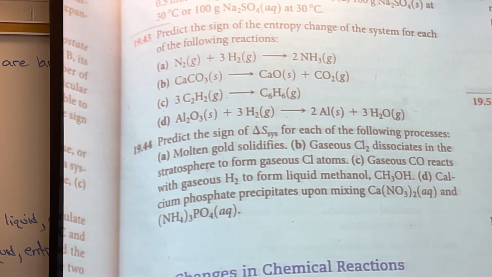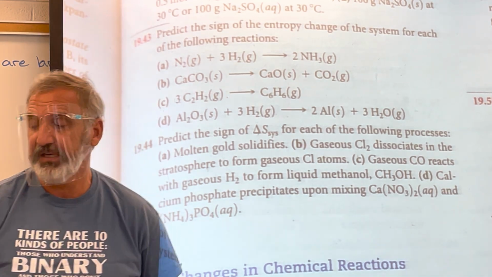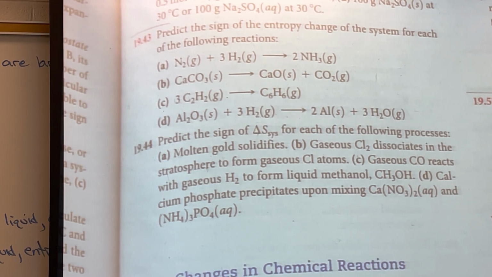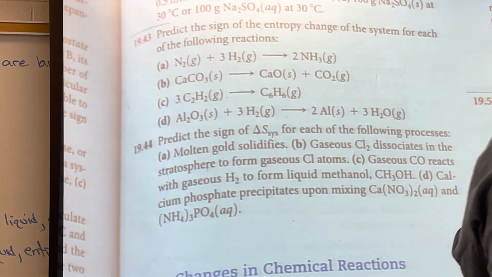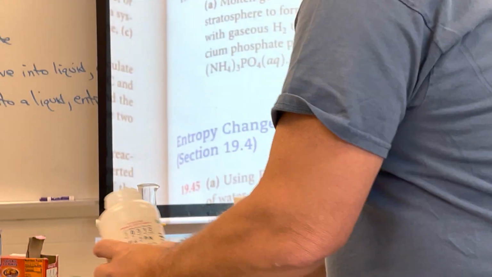All right, so we know that solids have lower entropy than liquids and gases. I know if I dissolve something, it's going to be an increase in entropy. So again, I just take some water, just basically room temperature, right? But if I take some ammonium nitrate, NH4NO3, and I put it in here, and I give it a good stir,